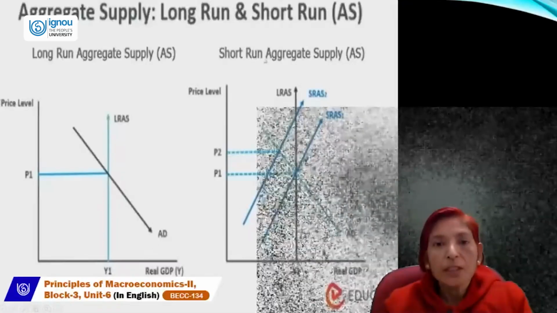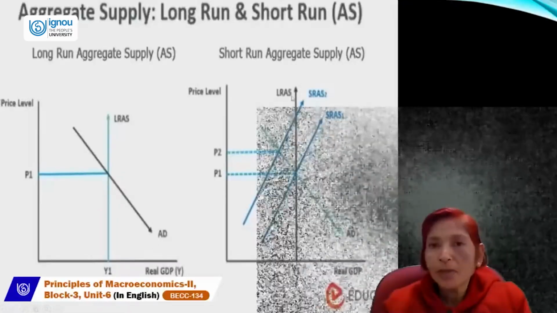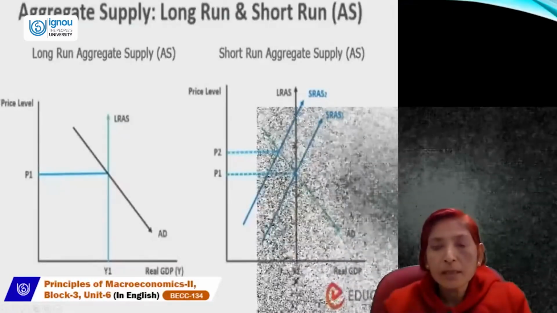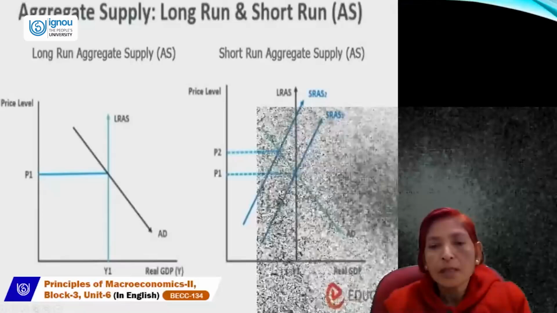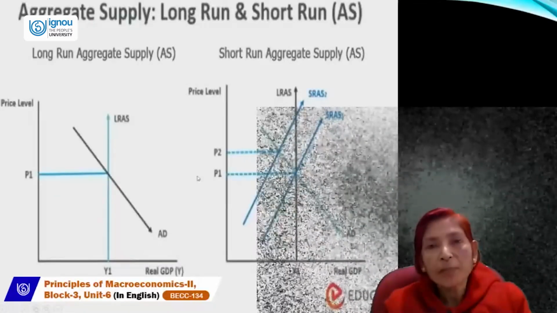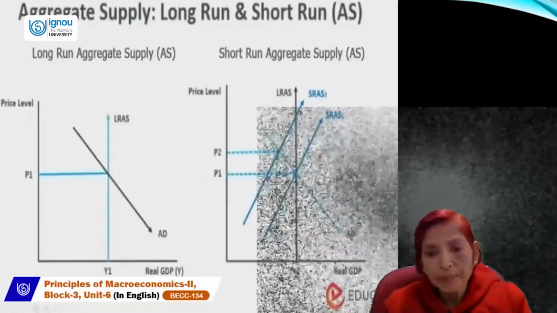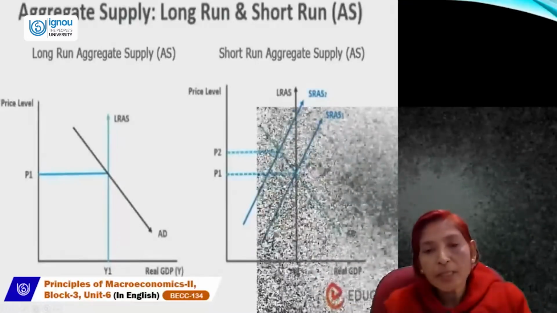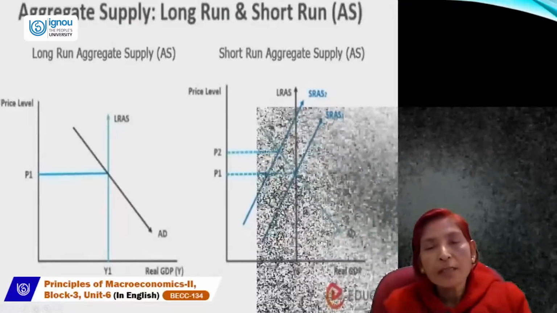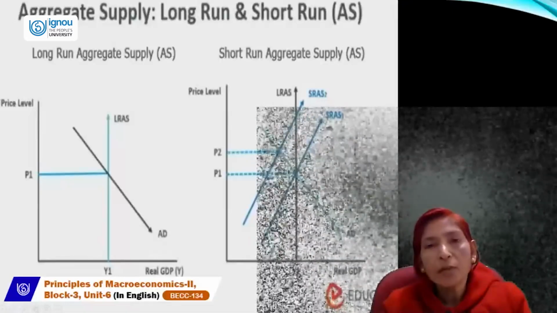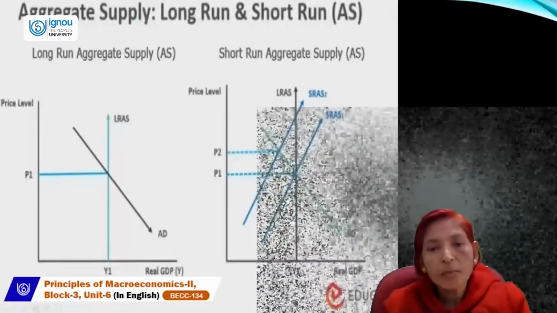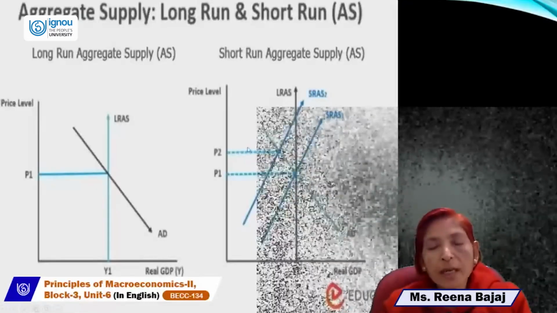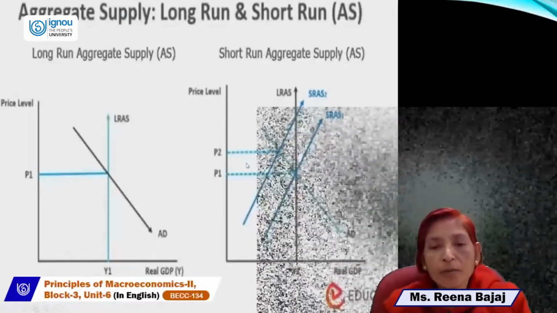And here, in the short run aggregate supply curve, first of all, we will draw the LRAS curve, then the aggregate demand curve and the SRAS1 curve. Here is the equilibrium point, price is P1 and income is Y1. And if the short run aggregate supply curve shifts to the left hand side, to SRAS2, and where it and AD intersect each other, a new equilibrium point will be determined. At this equilibrium point, price will rise and income or output level will fall.